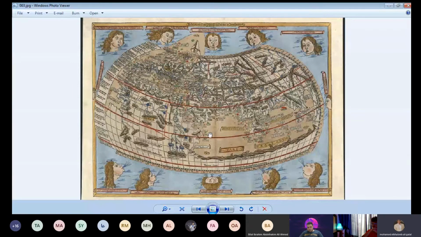This is the first drawn map of the world, by the way. This map goes back to the 15th century. This is the map they were using. But what's important to me in this map, kids, by the way, is that the philosopher or the scientist who drew this map was a Greek one, and his name was Ptolemy. Starts with a P, not with a T.